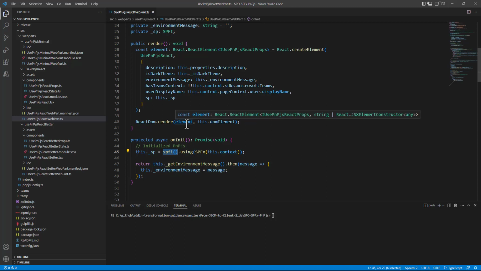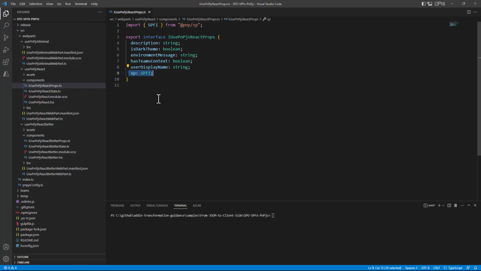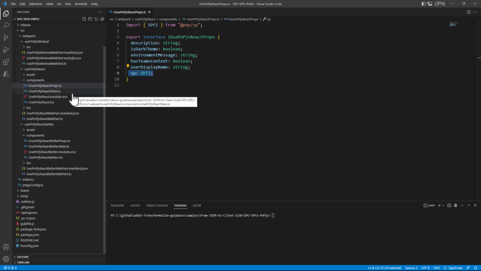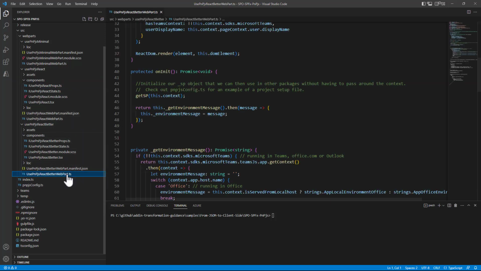However, what if you have multiple React components in your solution, or if you have nested React components? You would have to provide the SP object in the properties of all of the React components that you are using, and you will have to build a chain of properties with this SP object, which is not always that convenient, and it is also quite complex from a testability point of view. That's why I'm going to show you a third option, which is, I would say, the best one, in which